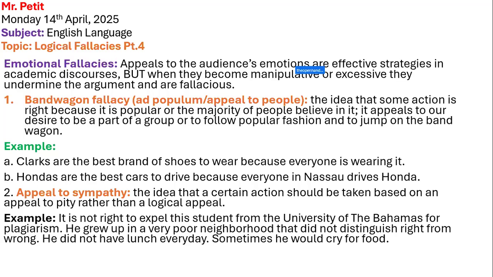But this is an appeal to sympathy, right? It is saying that he could get away with this because of what? Because of his background. Because he grew up poor. Is that a good argument? No, because plenty people have bad backgrounds and they don't do that. You have persons who grew up in a bad neighborhood, who had a hard life, but they don't go around cheating. So you can't use that as an excuse, all right?